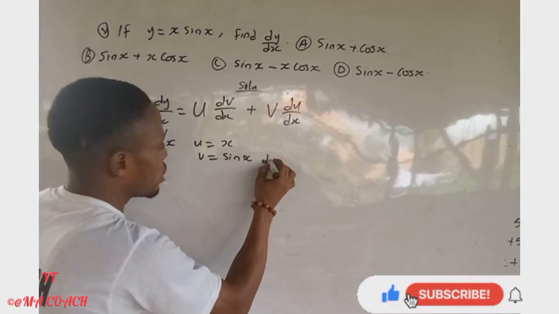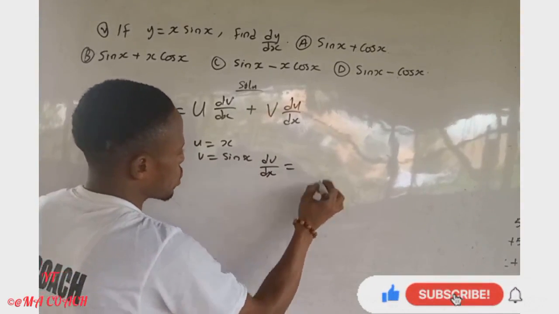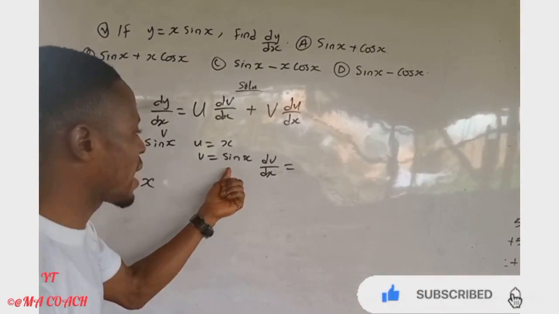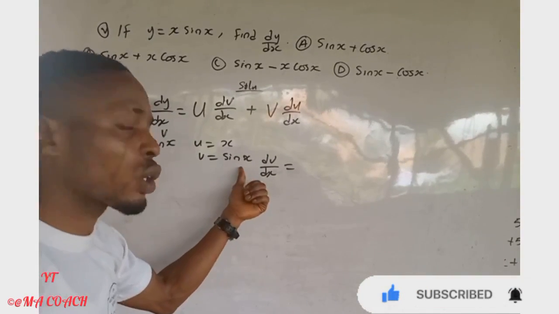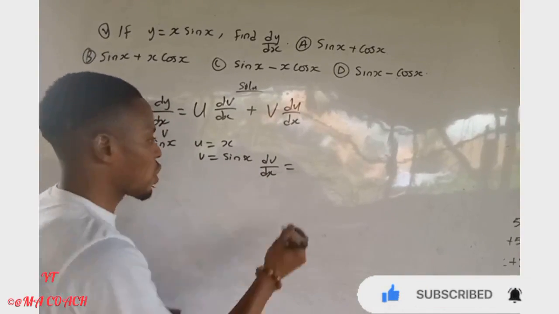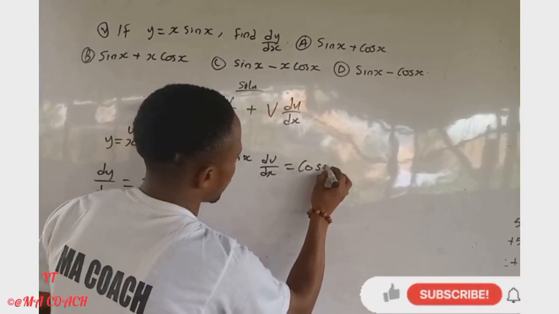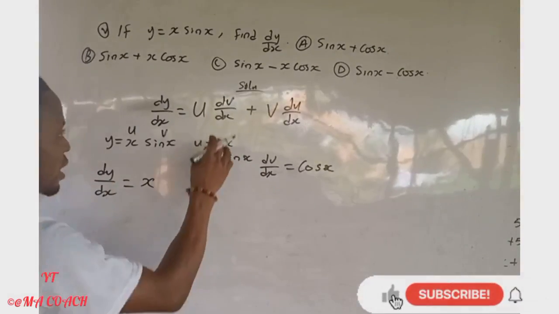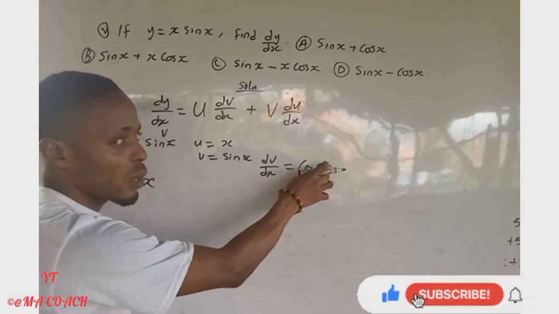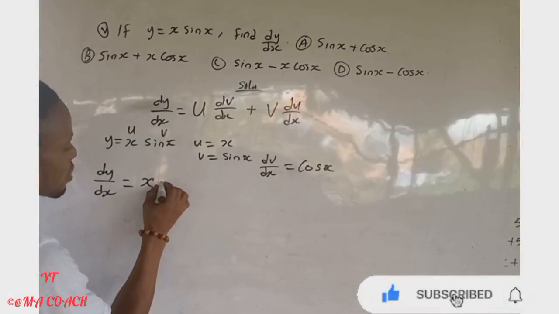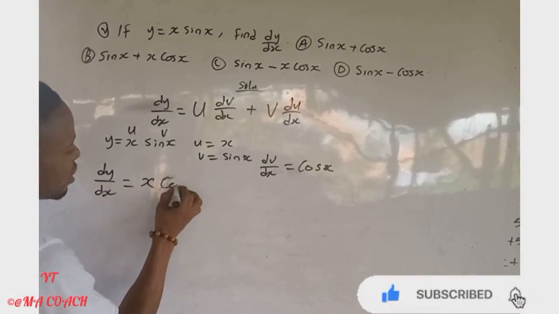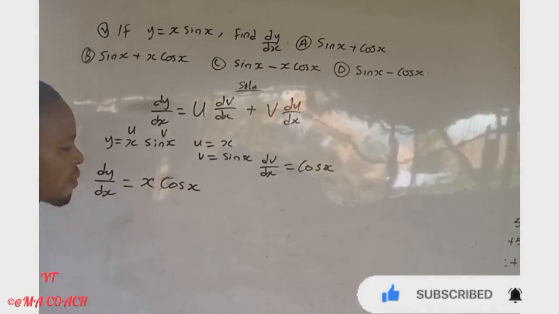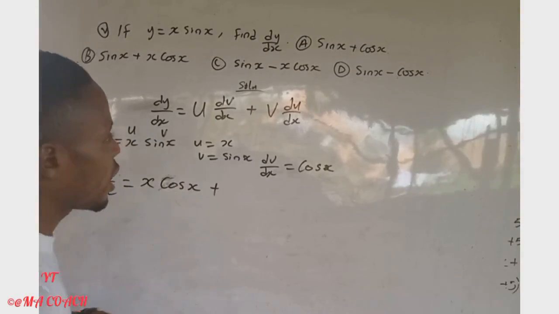We differentiate sine s, and the derivative of sine s is cos s. So dv ds is equal to cos s. Here we have s cos s, plus